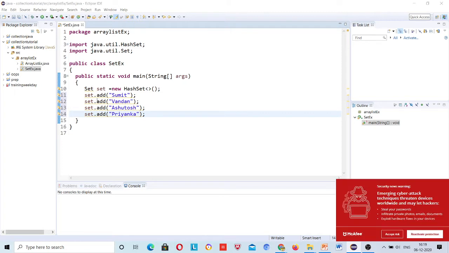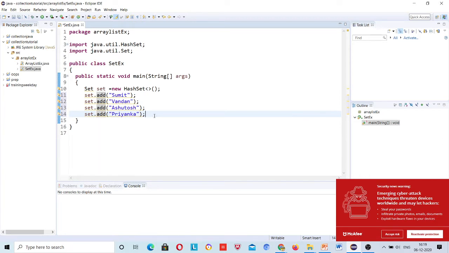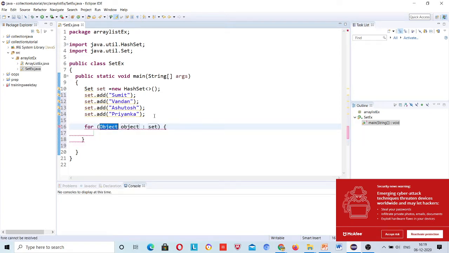Same way, the same add method is for ArrayList, the same add method for set also, right? Now I need to print all these. The object is created, right?